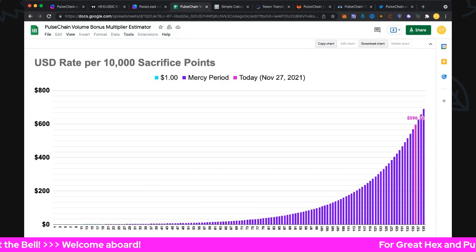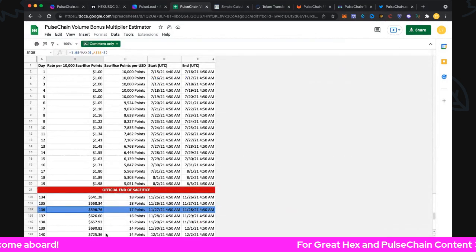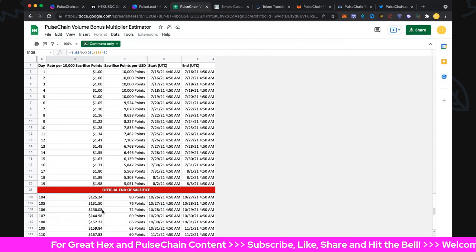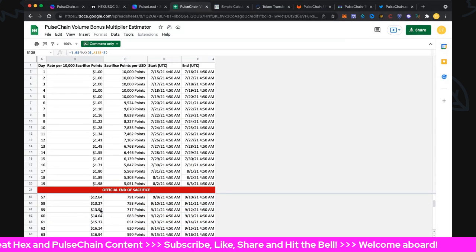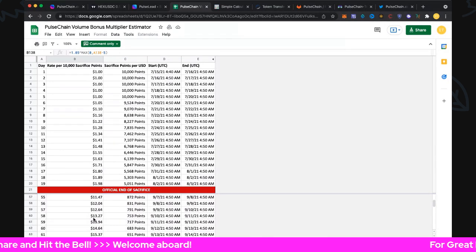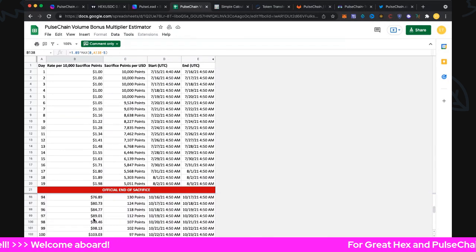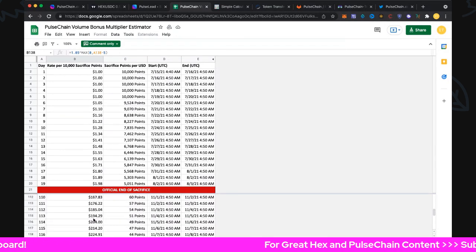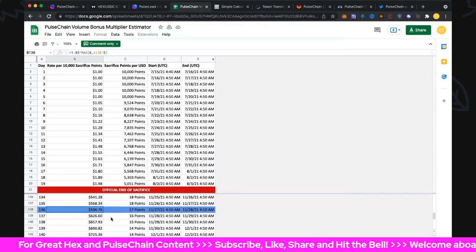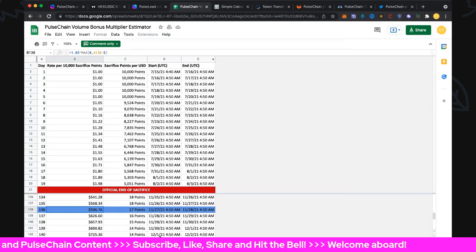So you can see it's just going up, folks. That's the way it is. That's what happens. The 1.05 factor is compounding, and it's just going up and up and up. If you scroll all the way back down to day number 20, you can see it's $2.80. It just kept going up and up to get 10,000 points. And then we start getting into hundreds of dollars. We flicked over there, and now we're up to day 136. And you can see it's just going to keep going up after this all the way through.